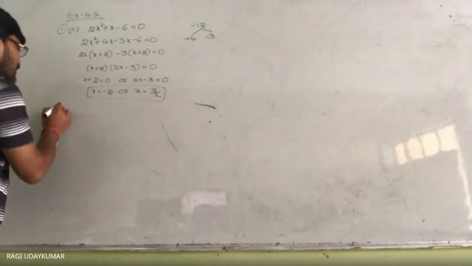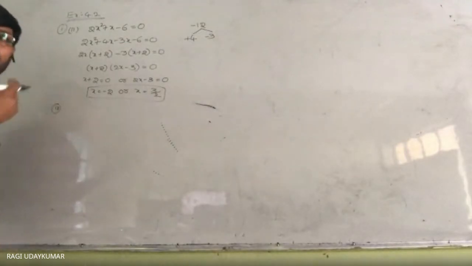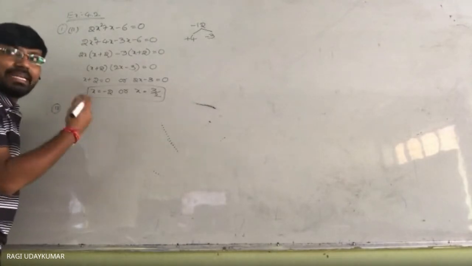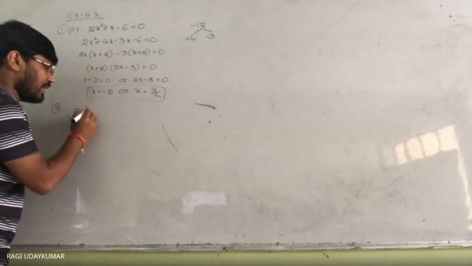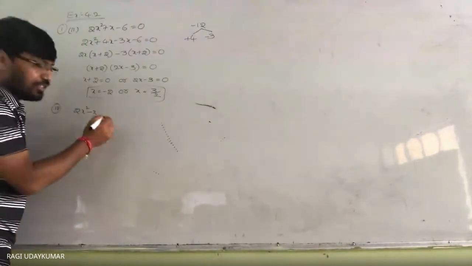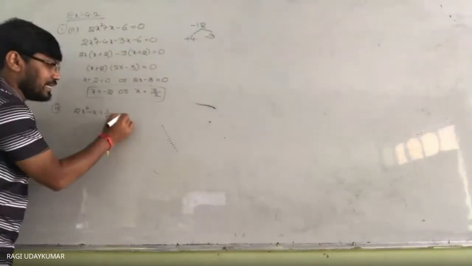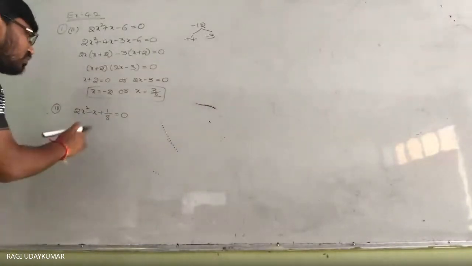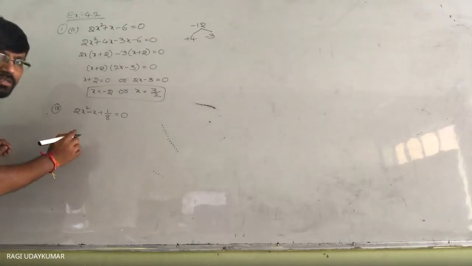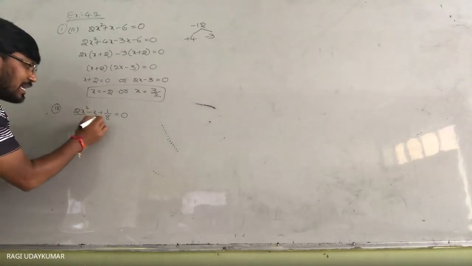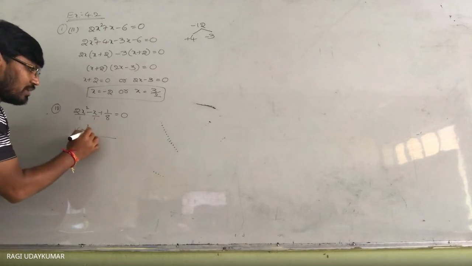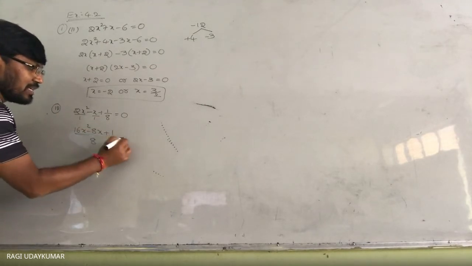Okay, so next in the fourth problem, whenever you see it is not looking like a quadratic equation, but you try to convert with the integral coefficients. So here you are not having the integral coefficients. Here this is not integer, 1 by 8. So how do we solve means? You first try to multiply the complete quadratic equation by the 8. So when you do the LCM, if you are doing 8 to the 16x square minus 8x plus 1 is equals to 0.